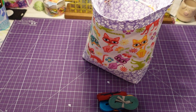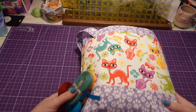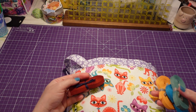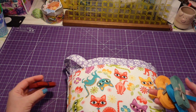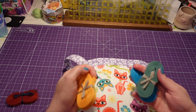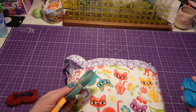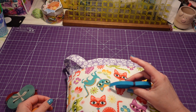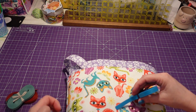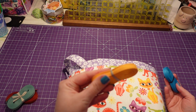Okay, last step, we're going to see which color twill tape is going to go good with this guy. So I have this red, but since it's kind of a purple base, I don't think that's going to look great. We do have this yellow, which is quite interesting. I think the green is not the right color green. It's more of a sagey green. This is so close. It's so close and I really like it, but I think I'm going to go with the yellow because it's a nice